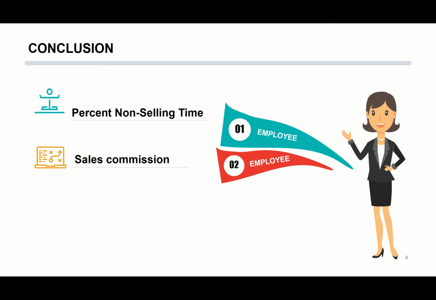The last part is our conclusion. Due to the large increase from period 2 to period 3, we overestimated period 4 sales. As a result, we have a large inventory surplus in the fourth period. More importantly, we did not change the percentage of non-sale times and sale commissions, resulting in the majority of the market share held by rival companies.